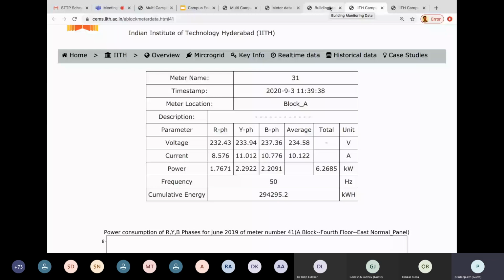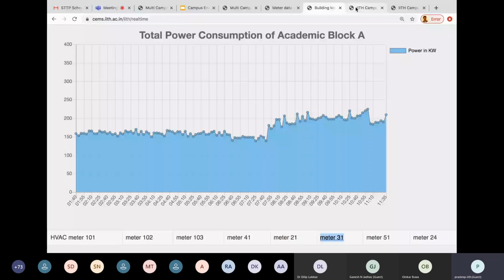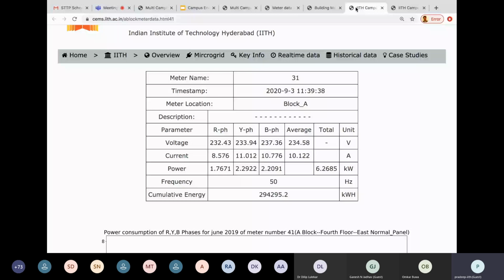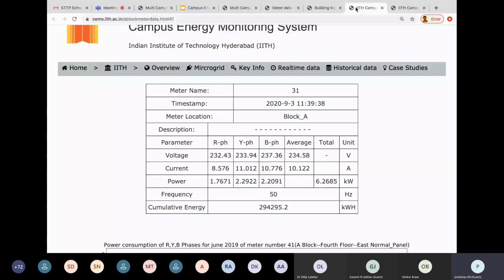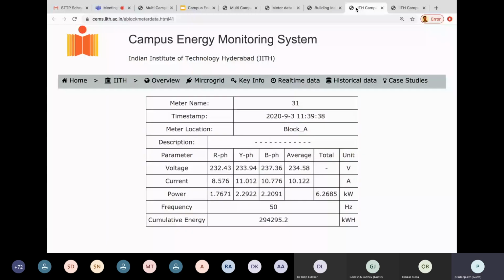Okay, so before I answer the question, I should thank L&T, because in our campus the construction was done by L&T, and right now we are having the L&T Nova meters, and using these meters only we are extracting the data. So thanks to L&T for providing the meters. In fact, when any campus contacts us wanting to implement this, we recommend that they purchase this model of meter. Of course, there may be other companies' meters also, but since we started using L&T meters, we are recommending them. So that is the first part.